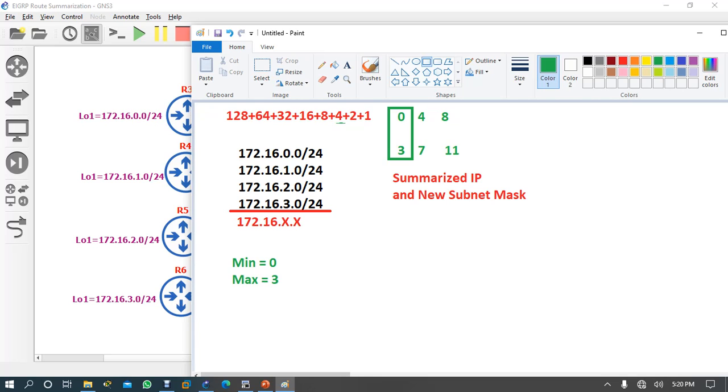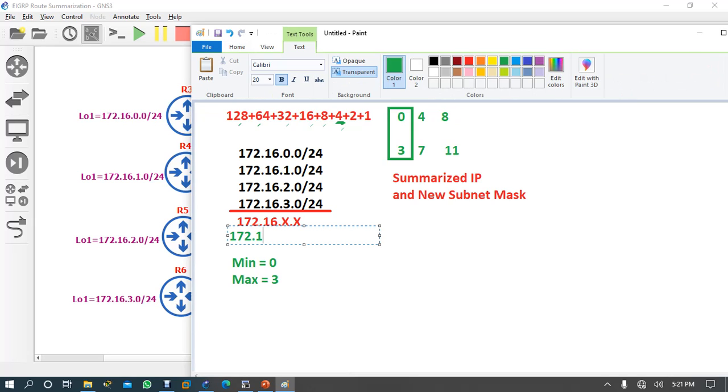Where did you get this 4? What is the bit number of this 4? If you count 1, 2, 3, 4, 5, 6. Now you should write like this: 172.16.0.0.